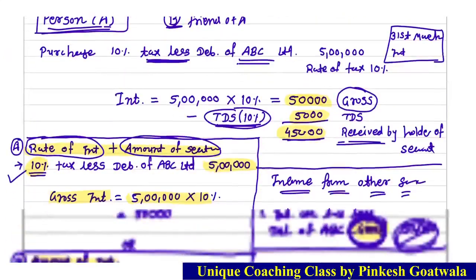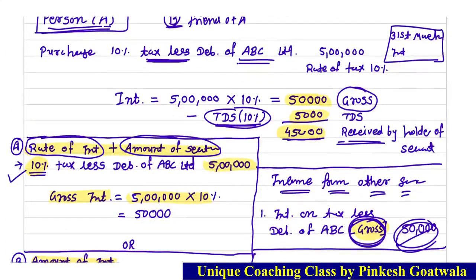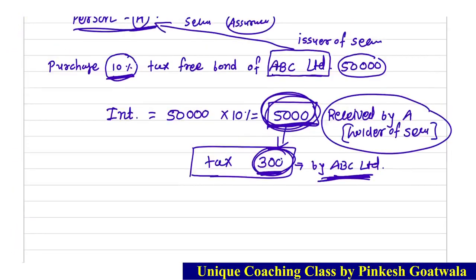In case of tax less, TDS was charged on that income. Okay, but this TDS was paid by the authority, means here ABC Limited, and this tax was also deducted from his income. Okay, અને બાકીની જે income આવે એ એનું payment કરવામાં આવે છે. So here the holder of security gets the amount after TDS, but in this case the tax was paid by the authority but it was not deducted from his income. Here A received the whole amount at the rate of tax. Okay, tax ની જે rate interest નો જે rate હશે એ rate પ્રમાણે જે પણ amount આવશે એ પૂરેપૂરી amount